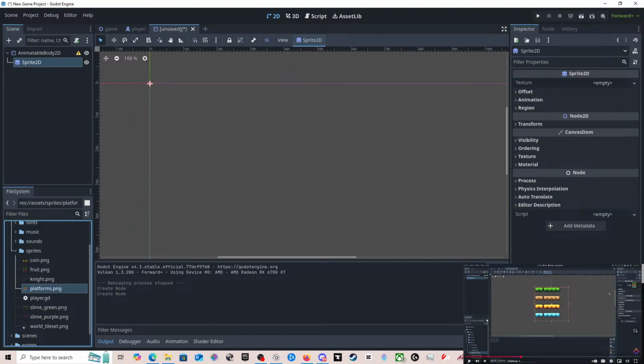Where did he drag and drop that? Did he just drag and drop that in? Add some graphics, so Control A in the window, search for sprite and select the sprite 2D. Tilemap node, you add layer in the inspector. Tilemap layer node, you add more tilemap layer nodes as layers, background, foreground, for example. Both tilemap nodes, right? Right, okay. And now we can drag in the texture we want. So let's go under our assets, sprites, and drag in the platforms.png. Ah, so yes, okay. So he's dragging it over here.